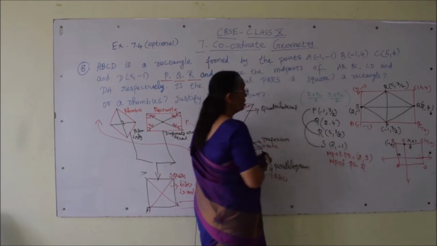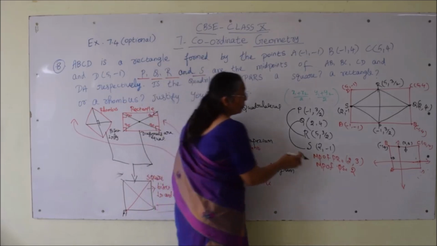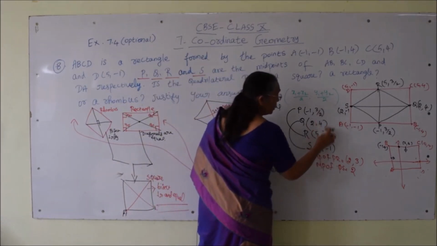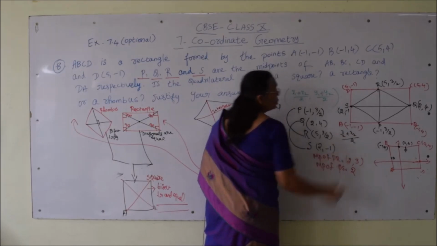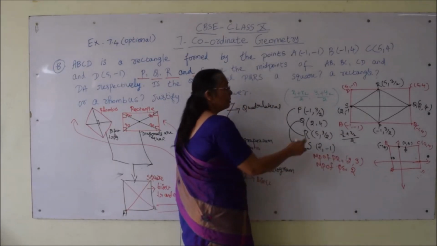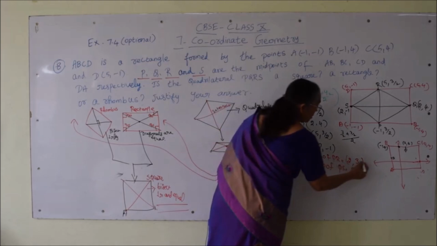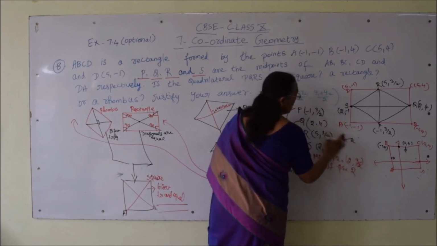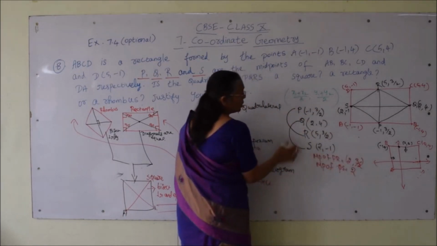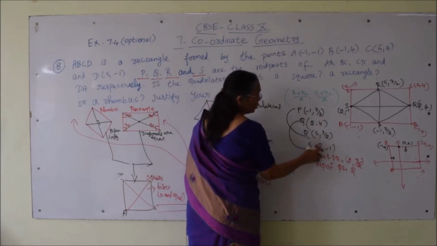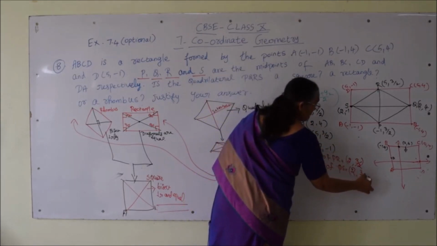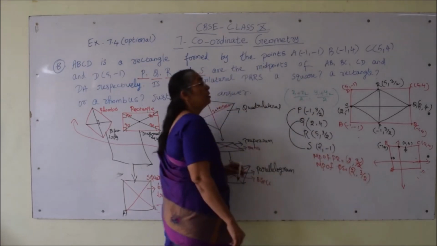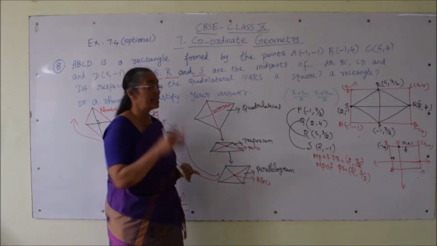Why is it going wrong? Yes, there is a mistake in the midpoint of PR. It is (x1 + x2)/2 = (3/2 + 3/2), and (y1 + y2)/2. So 6 by 2 is 3 by 2 again, so 3 by 2 will come here. Now coming to the midpoint of QS: (4 minus 2 plus 2)/2, that is 2 comma (4 minus 1)/2, 3 by 2. So the midpoints are equal, so the diagonals are bisecting.